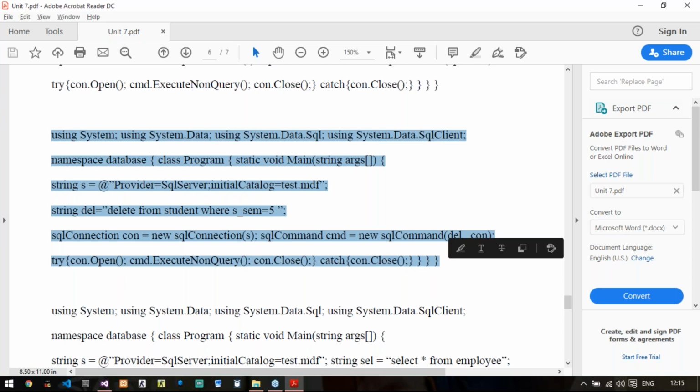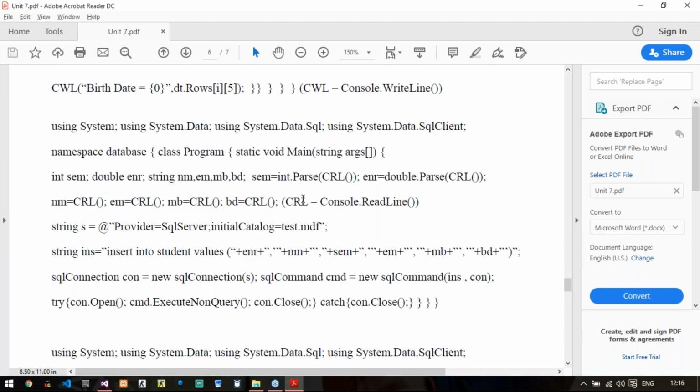Okay, very good. Fine. So moving ahead, let us discuss four more questions in this. Now what it contains is, let us start from here. Consider a test.mdf database containing one table called employee. Now student table has been converted to employee table. Attributes are employee number, numeric 18,0, primary key, employee name varchar 2, salary integer, department varchar 2, designation varchar 2, and join date. So almost same scenario has been created.